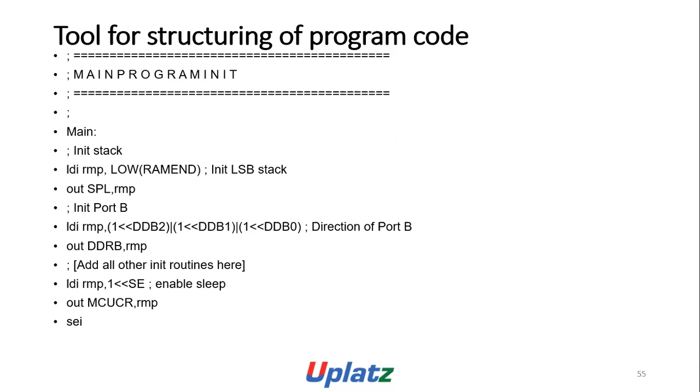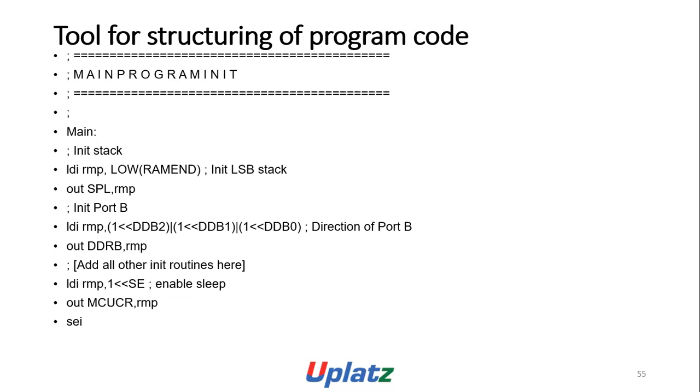Main program. main: ; init stack, ldi rmp, low(RAMEND); init LSP stack, out SPL, rmp; init port B, ldi rmp, 1<<DDB2 | 1<<DDB1 | 1<<DDB0, or directions of port B out,